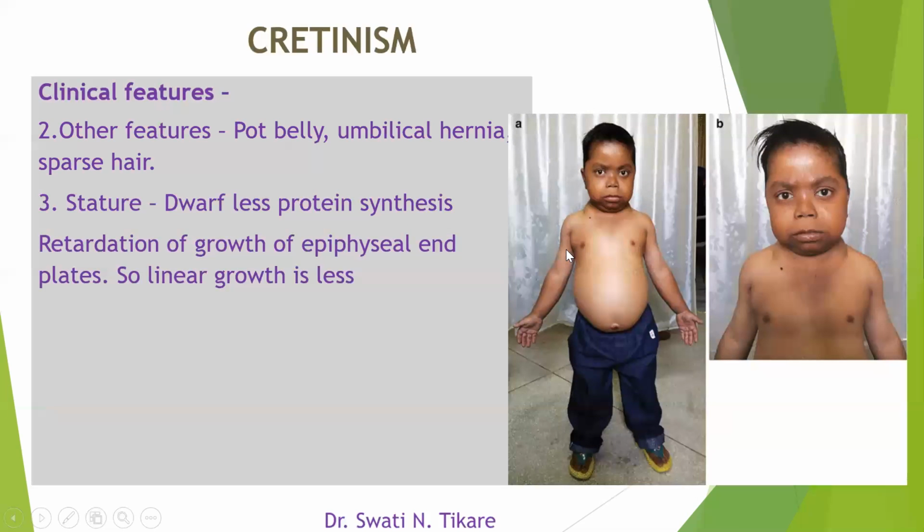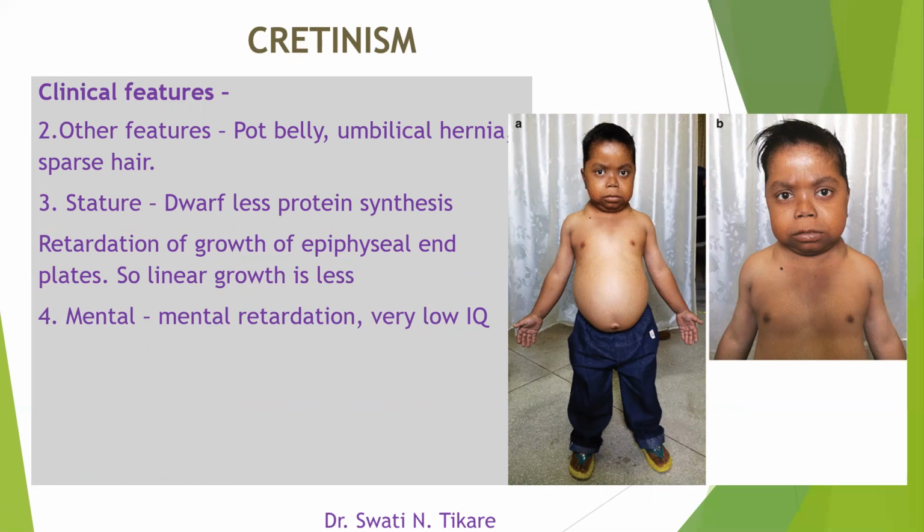You can compare a pituitary dwarf with a cretin dwarf. That would be your assignment that you need to do. You compare a pituitary dwarf with a cretin dwarf, what is there and what is not there. To begin with, I can tell one difference: in a pituitary dwarf, there will be no mental retardation. Whereas in a cretin dwarf, there is mental retardation. And reproductive problems are also not there in the pituitary dwarf, whereas they are found in the cretin dwarf. Okay. So you have to do those differences on your own once you finish with this.